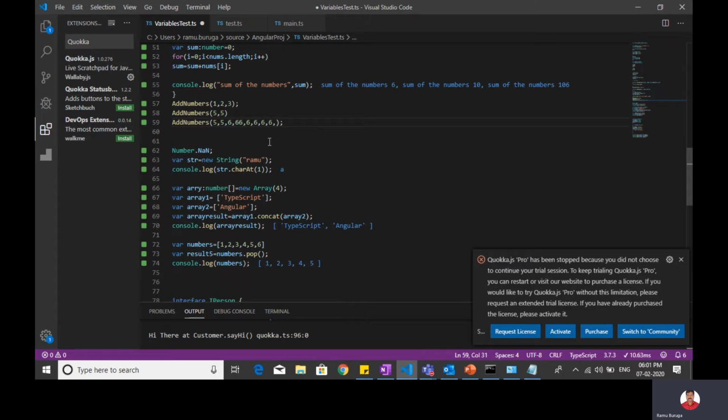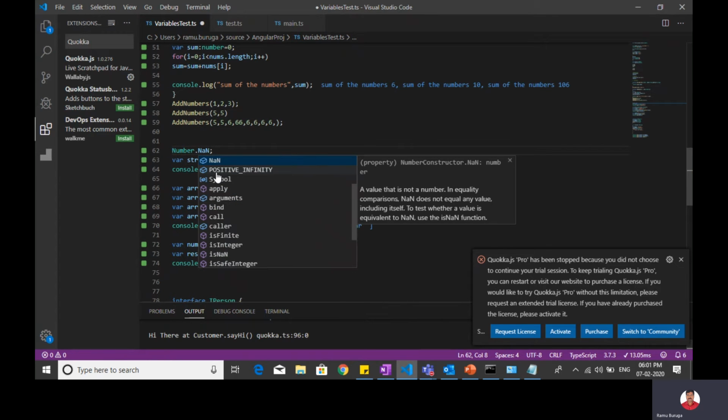Next one is, there are some built-in functions, like number is a variable type. In this there are multiple functions. If you type, IntelliSense will show you all the functions. You can use these functions and explore what each specific function does. You can practice that.